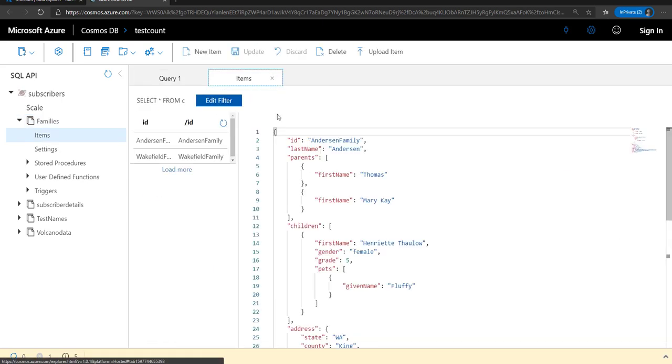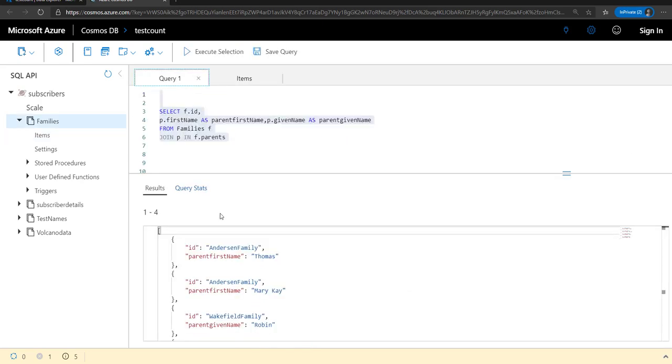If you refer to the items collection, you can see that for the Anderson family there were two parents, Thomas and Mary Kay, and they had only an attribute called first name set for them. So the result also will contain the ID of the family, which is the Anderson family, and each of the parents' names, which is taken from the first name attribute. So that will be Thomas and Mary Kay.